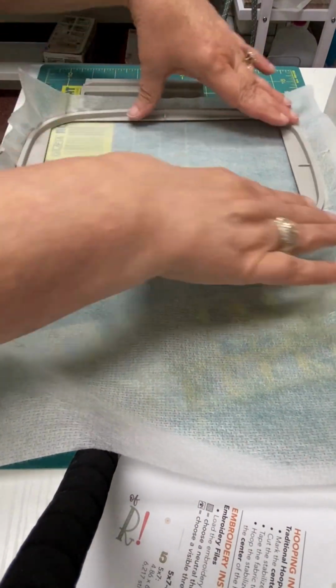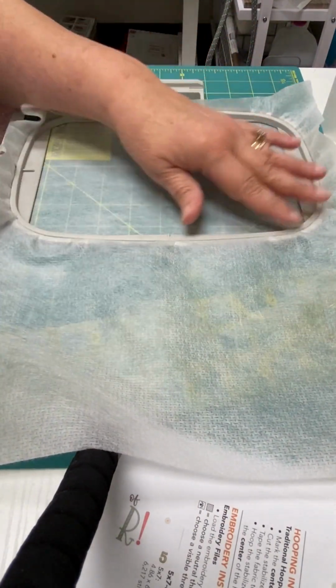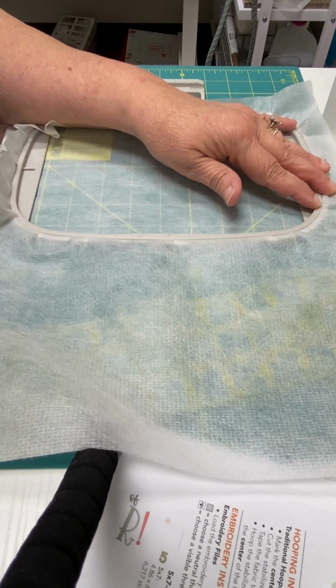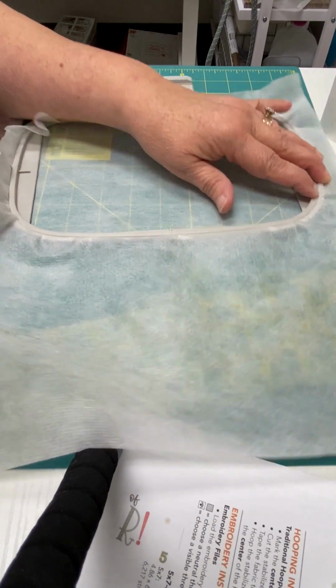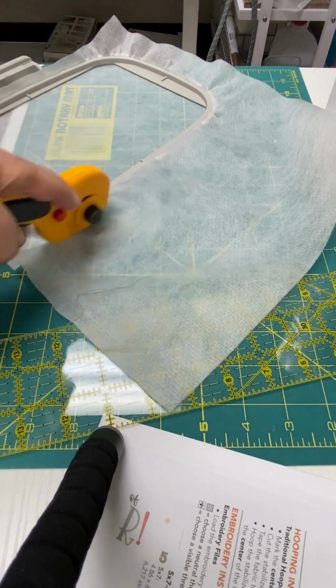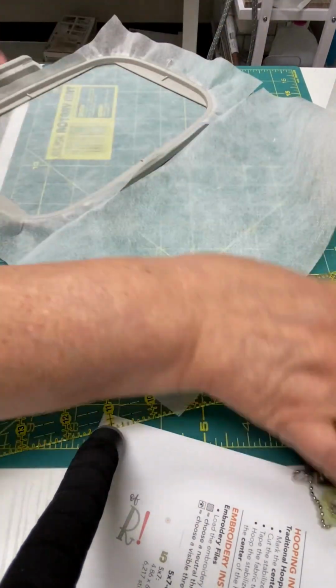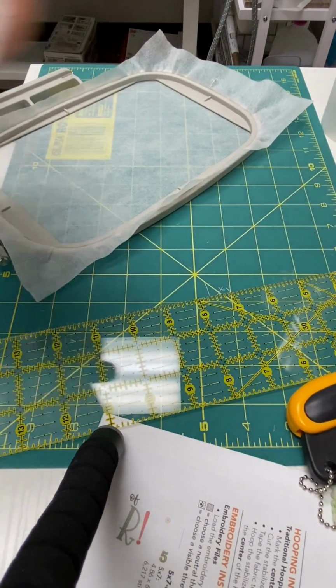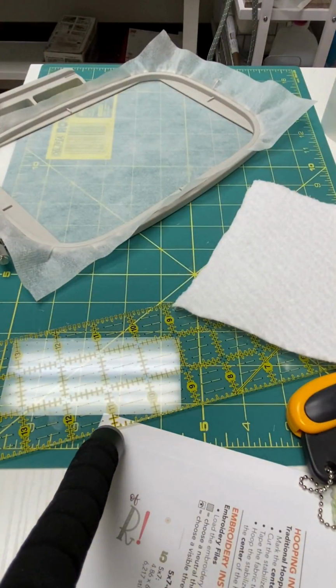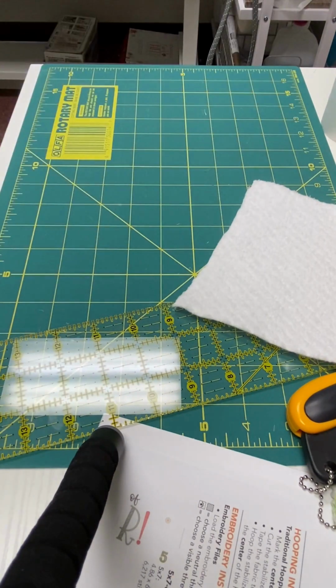I know we use a lot of stabilizer, and I try to conserve it as much as I can. But piecing stabilizer together just doesn't give you a good embroidery. Just bite the bullet and use a whole piece. I know everybody likes to save fabric and save everything, but it's just not worth it. All right, we've got that hooked. Let's stick it back on my... I need to change out my